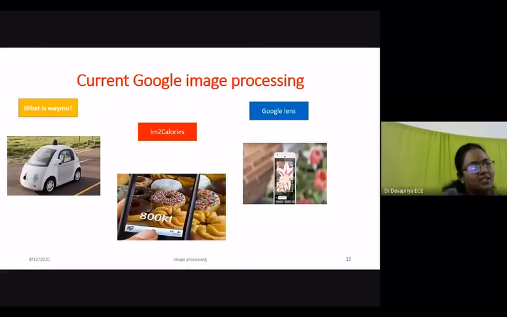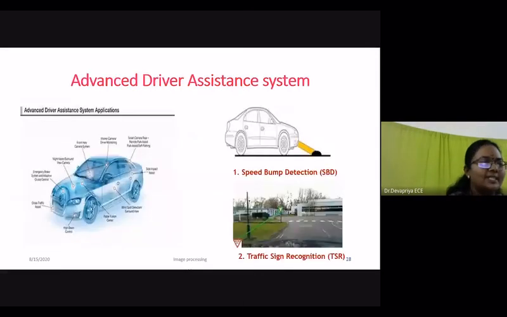Some interesting applications within Google include self-driving cars. Okay, self-driving cars, that we will see next. So the self-driving car embodies the technology of advanced driver assistance systems. This is my research area. In earlier days, the driver was only meant for driving. But nowadays, even a professor, a carpenter, or a business person is driving vehicles. So they may not be noticing as an actual driver would. So they need some assistance while driving.